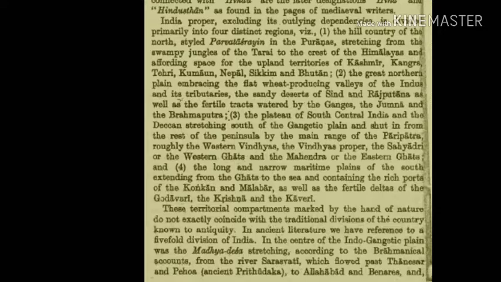These territorial compartments marked by the hand of nature do not exactly coincide with the traditional divisions of the country known to antiquity. In ancient literature we have reference to a five-fold division of India. In the center of the Indo-Gangetic plain was the Madhyadesa stretching, according to the Brahmanical accounts, from the river Sarasvati, which flowed past Thanesar and Pehowa, ancient Prithudaka, to Allahabad and Benares, and